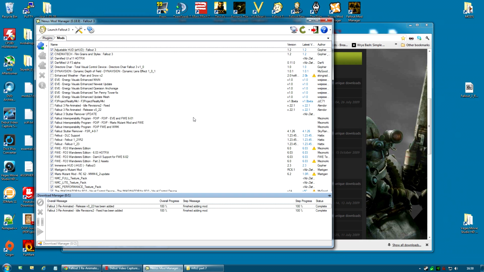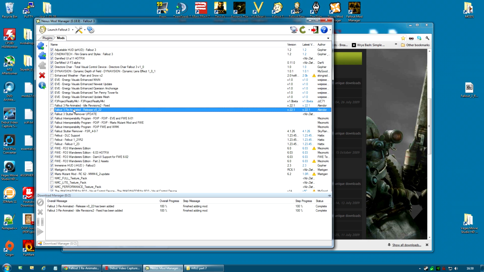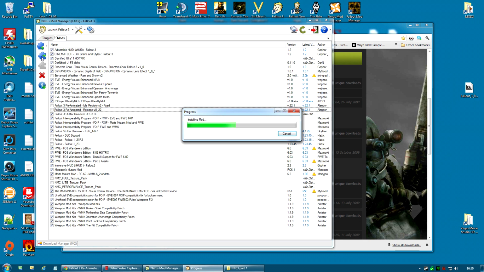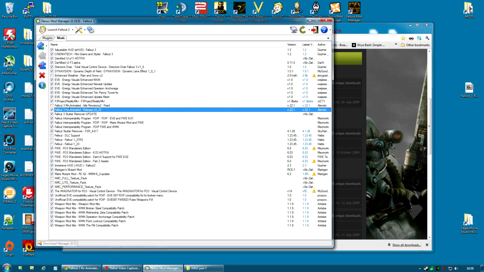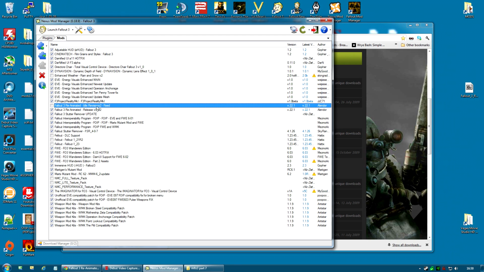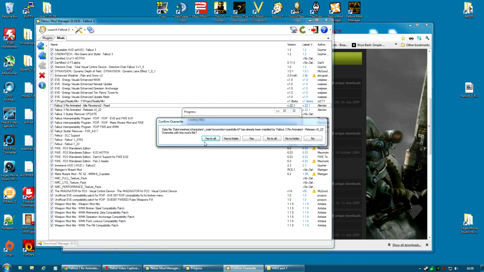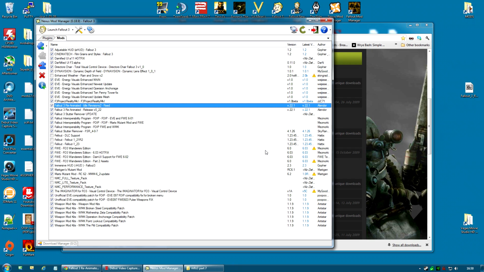And then once it has installed, just find, first of all, the release 022 and activate. Then click the Fallout 3 Reanimated Idle Revisions Fixed, and again, this is the select no. You want to install this anyway, you don't want to update. So no, and then it'll ask, do you wish to overwrite? And the answer is yes to all. And that's it. That mod is now installed and you have the better animations.